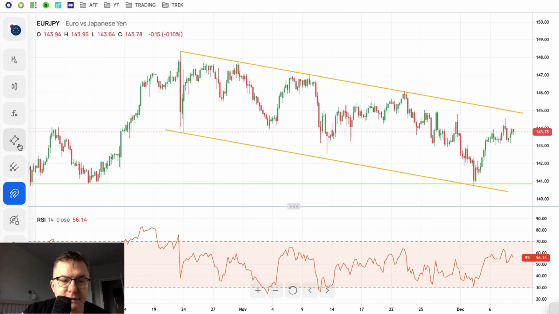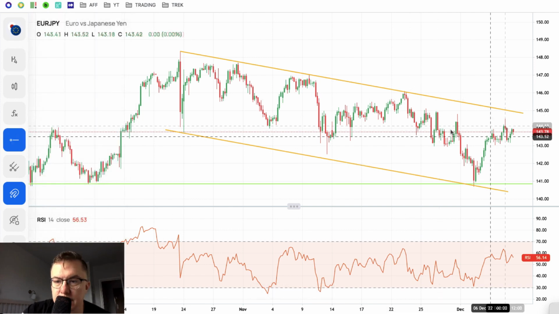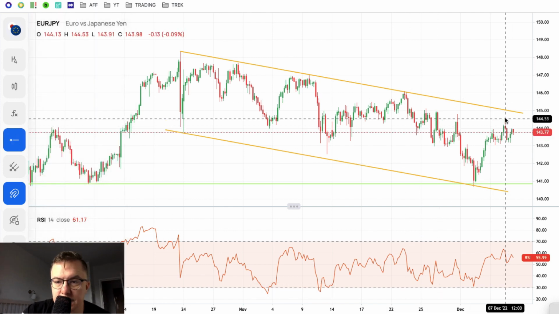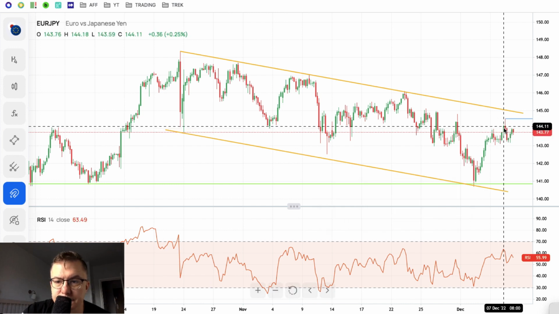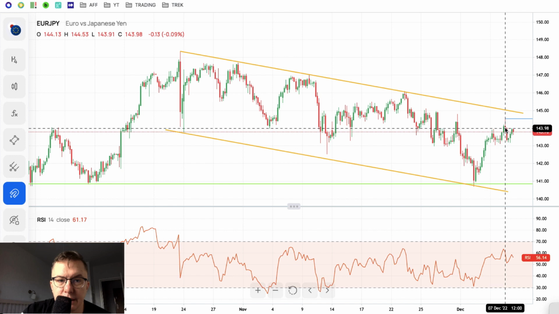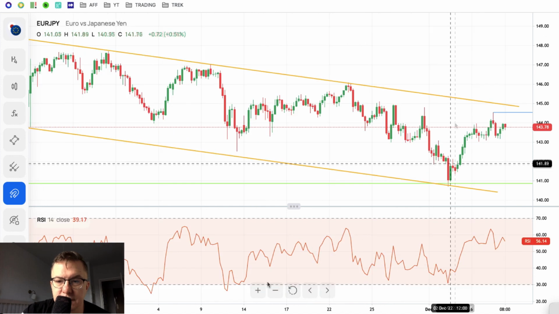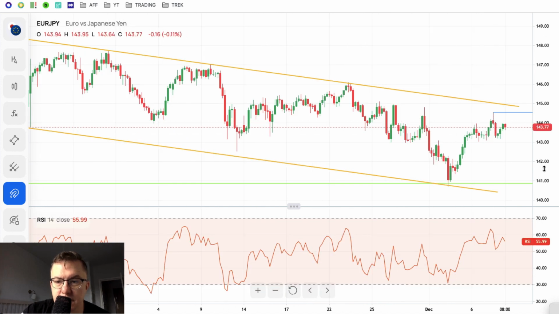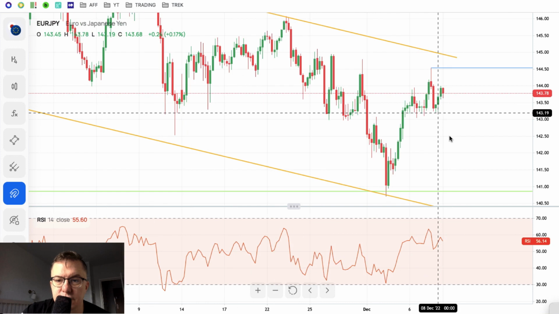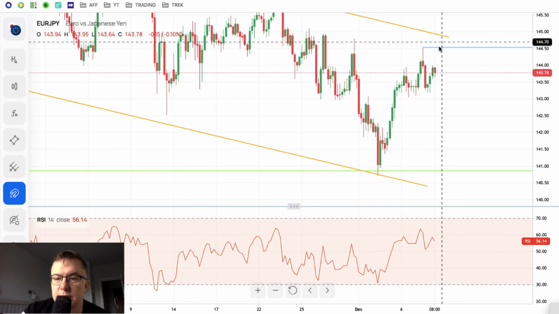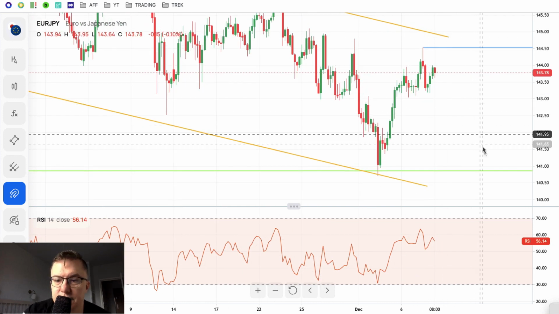Again, the recent local high was made at the top of this candle. This is, of course, 144.53. This is a nice pin bar. Let me just zoom in. This is a very nice pin bar here. So right now we are just waiting for the market to maybe touch the upper channel line and then reverse